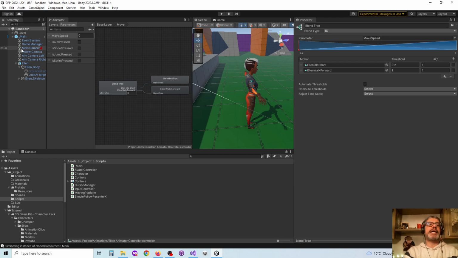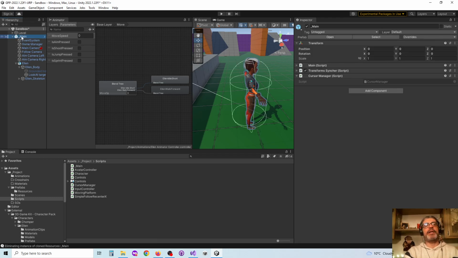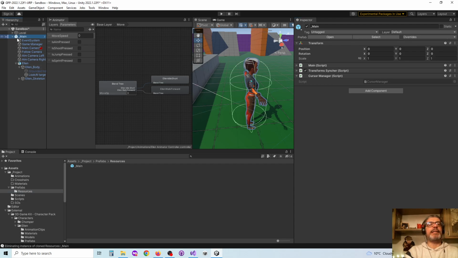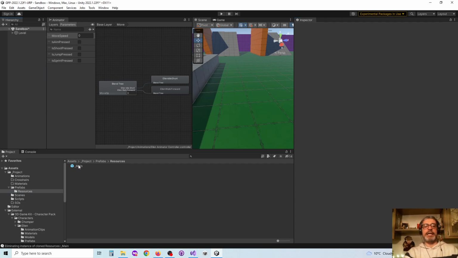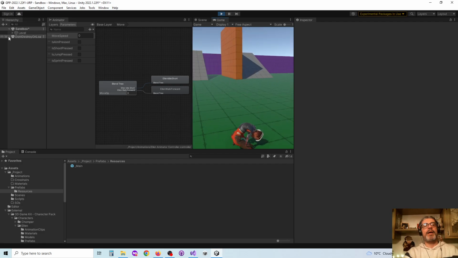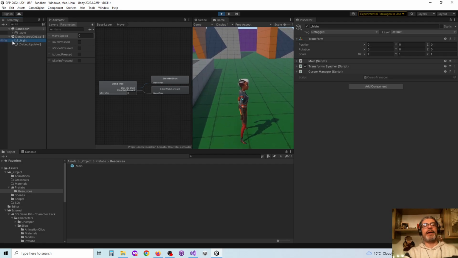So because we changed something, now we want to do the following. As you know, at the end of every video, basically you have to click on main, because remember, it's a prefab, right? It's a special prefab because it is loaded with resources, but fundamentally it's a prefab, so we want to go select it, go to overrides, apply. Now we can delete it because it's in here. Once you apply the overrides in here, and then because of the main architecture, it will spawn automatically. And there you go, it's there, and LN is there,